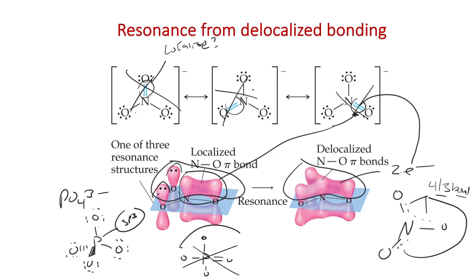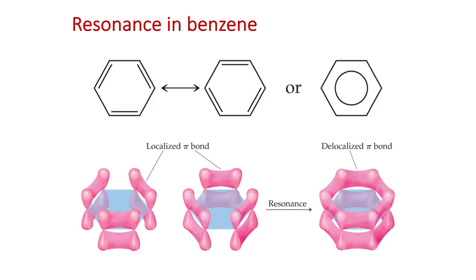So nitrate being flat really helps it form those resonance structures. Another molecule that does this a lot, that you see a lot in OChem, is benzene. And we can sketch benzene. Now, at the vertex points, this is something that you'll learn within the first day of OChem, is that